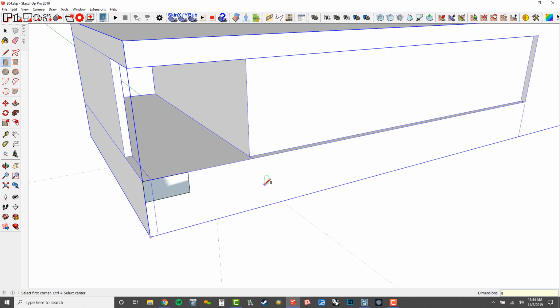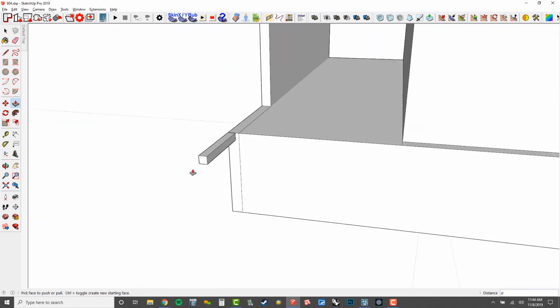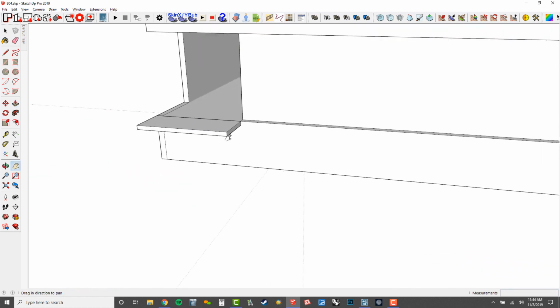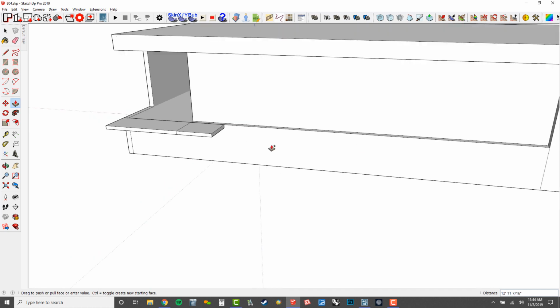Let's do 8, 8, enter. And then I'm going to pull this out by, say, 6 feet. And then I'm going to extrude it this way, and I'll snap to that point. Now, this next move, I'm going to do a push-pull, but I'm going to tap Control. All right, so now I've left a copy of that starting face behind,